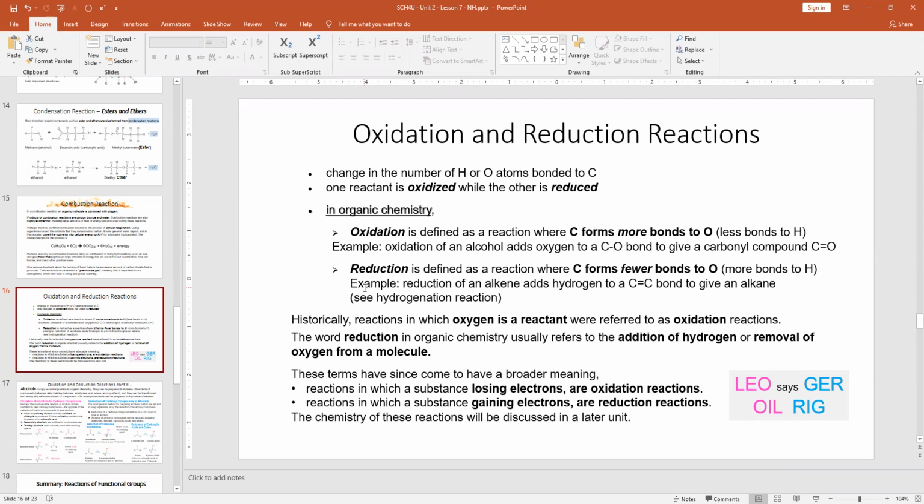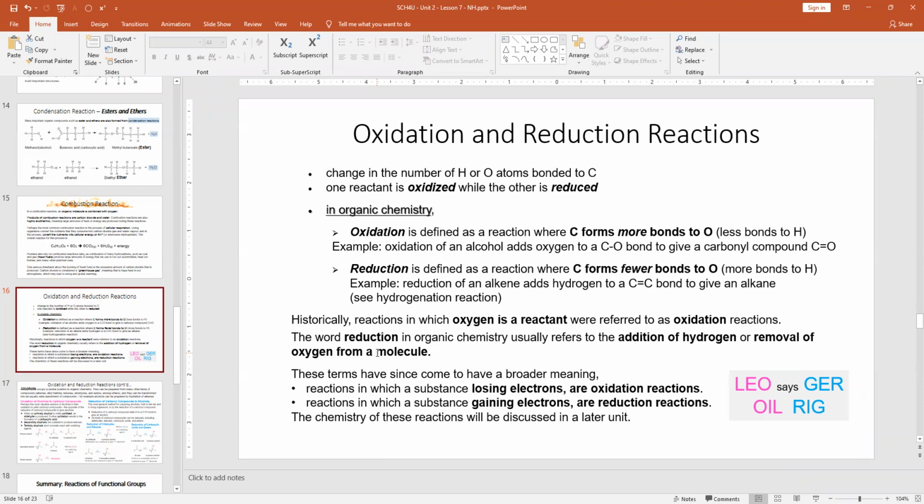So these terms are very important. Historically speaking, reactions in which oxygen is a reactant were referred to as oxidation reactions. And the word reduction usually refers to the addition of hydrogen or the removal of oxygen from a molecule. But now, with our more advanced knowledge of organic chemistry,